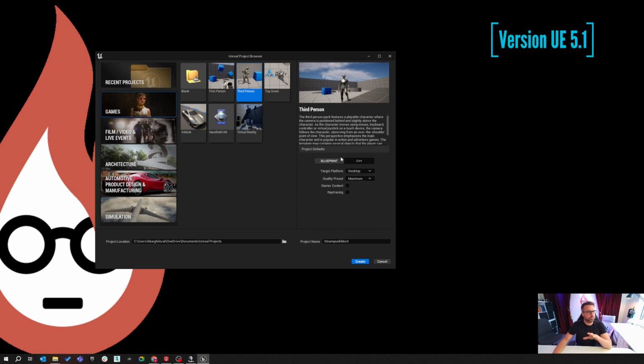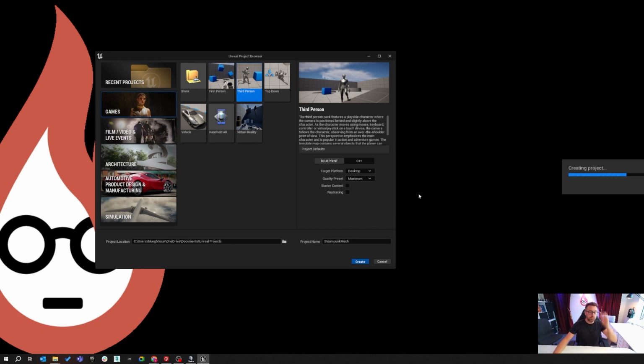So I'm going to be going through a new project, take it from scratch, and show you how to get data in from a Perception Neuron suit in the first instance. So I'm going to create a third-person template. I'm calling it Steampunk Mech. The reason I'm using a third-person